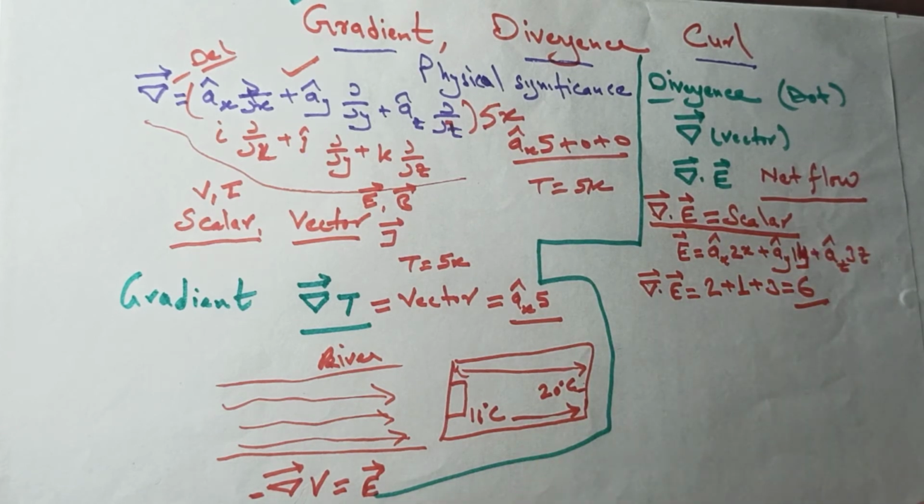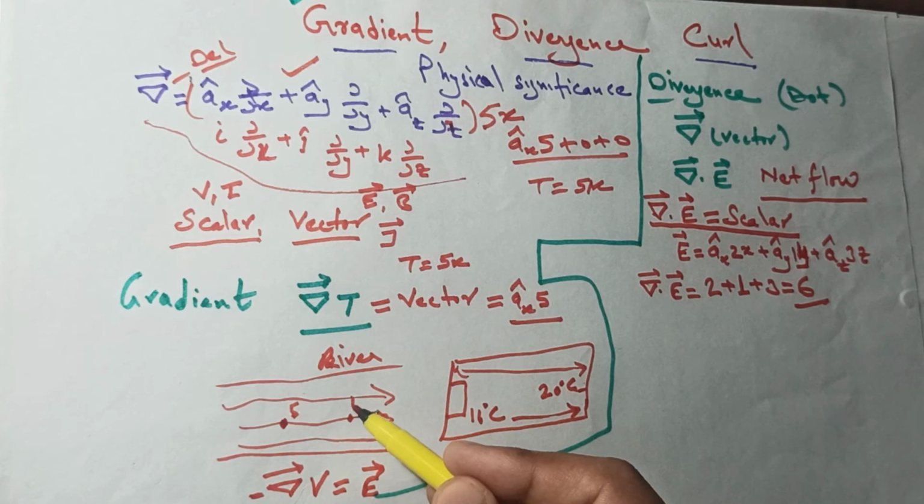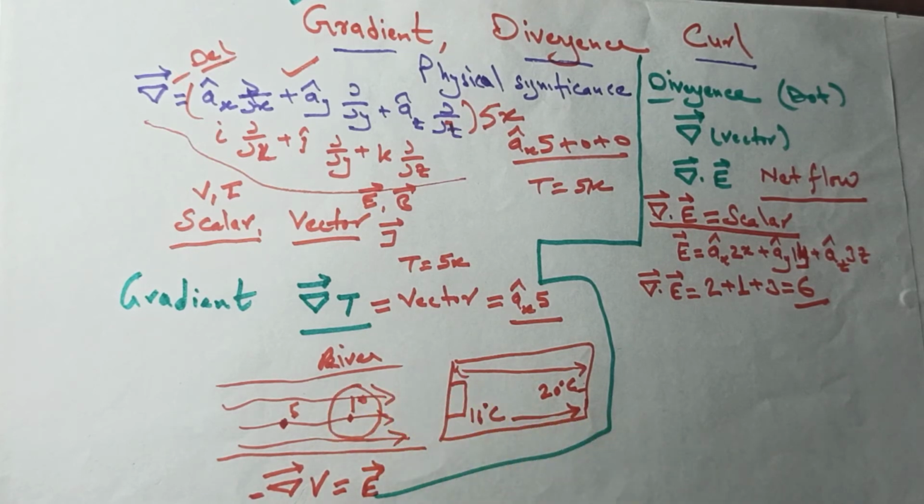It will give you a net flow. How much is the flow? No direction, only the flow. How much is the flow? 3, 4, 5, 6, a number. So if you want to find out how much is the flow at a point, you take the divergence there. Let us say the flow is 5 at one place, and if the flow is 10 at another, then at that place the flow is larger.